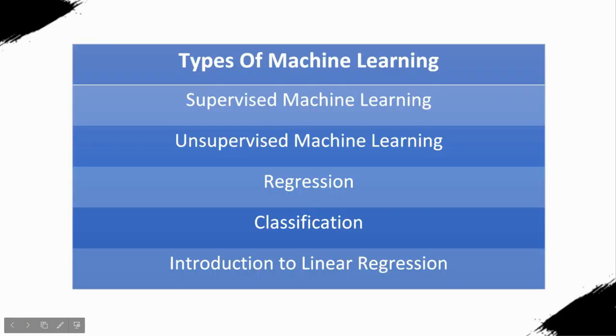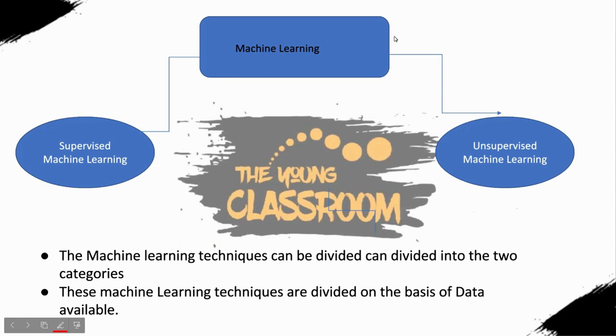In the forthcoming videos, we will be dealing with these topics: supervised machine learning, unsupervised machine learning, regression, classification, and we will be dealing with an introduction to linear regression for some videos, and then we will be moving on further. So let's move on. Machine learning can be classified on the basis of two subparts: supervised machine learning and